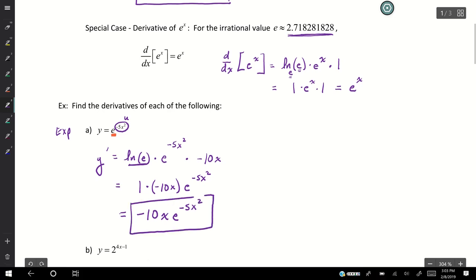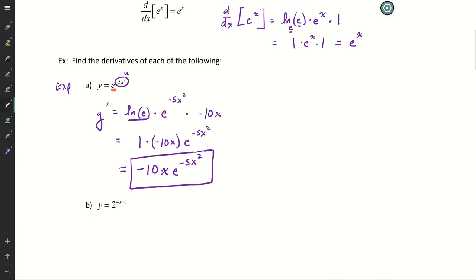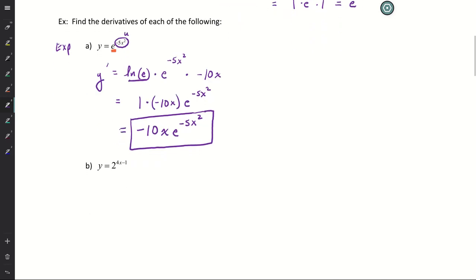So if you have just an exponential function, remember the derivative of an exponential function is 3 steps, and then it's your job from there to simplify your result. All right, let's look at the next one down. On this one, we notice it's definitely an exponential function because we have a constant base of 2, and we notice that our variable occurs up in the exponent